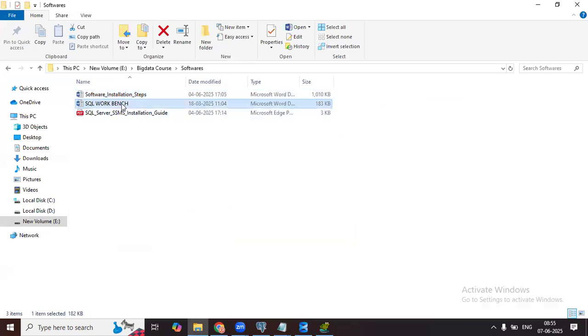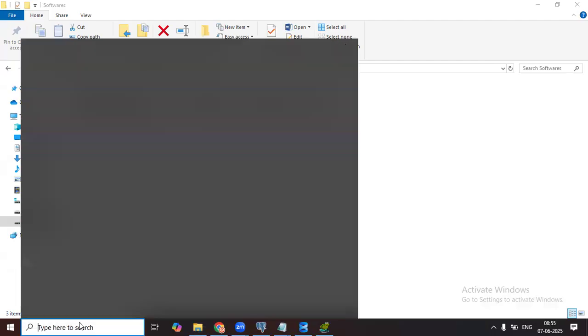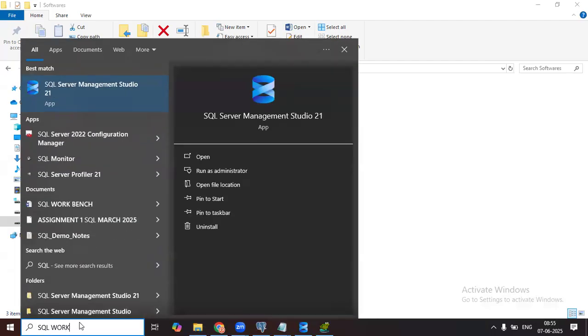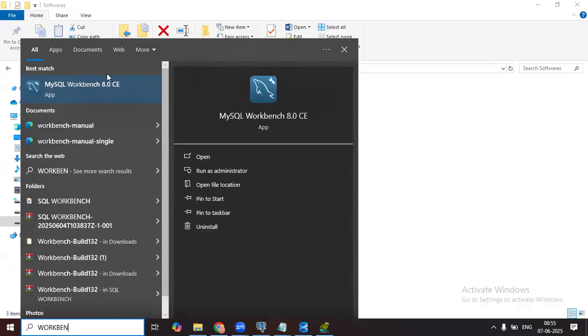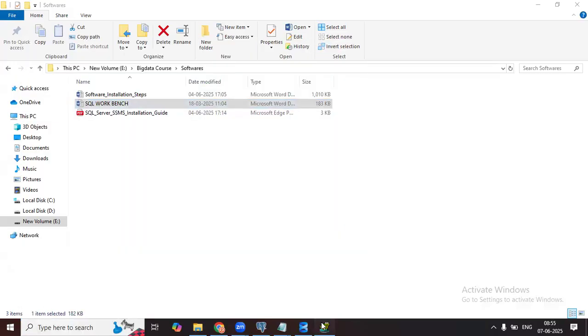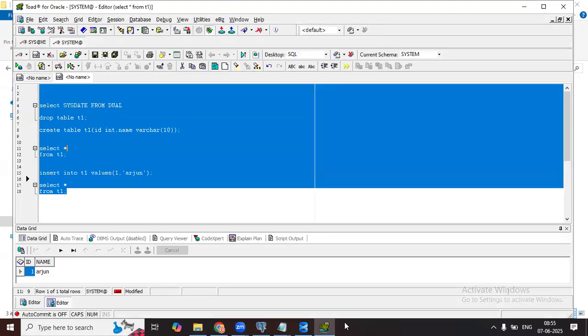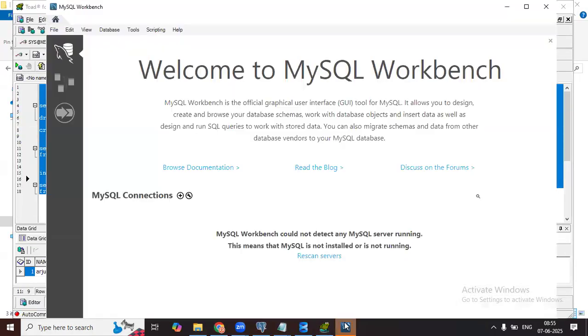Now, SQL Workbench. Some companies will be using SQL Workbench to connect to the database, in the same way as we use Oracle. It's a tool, it's not a database, to connect to the database.